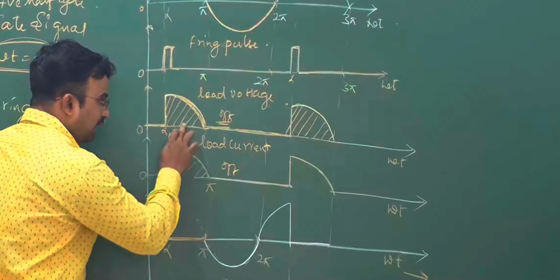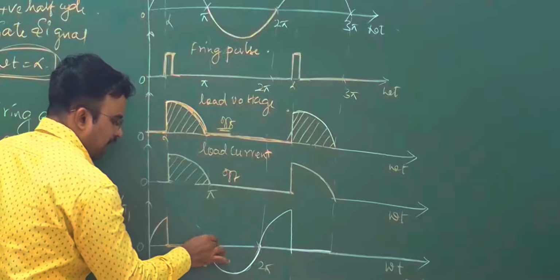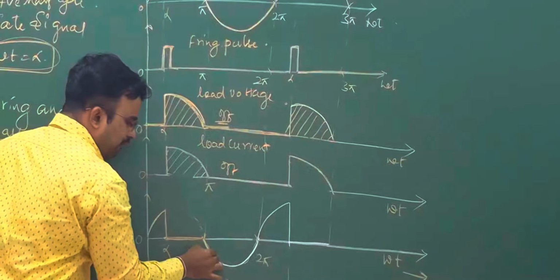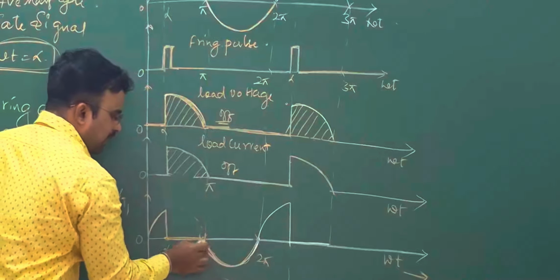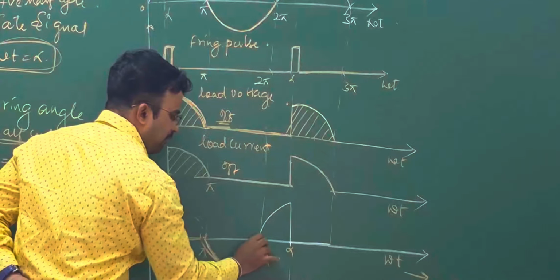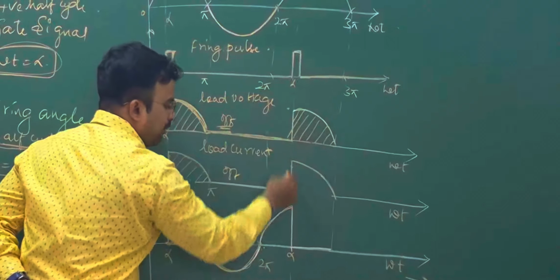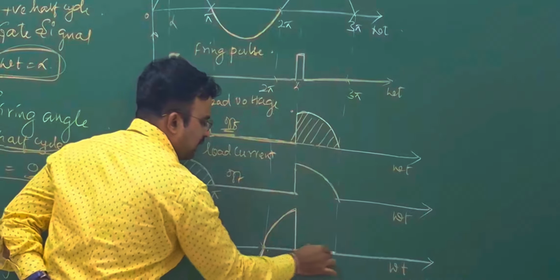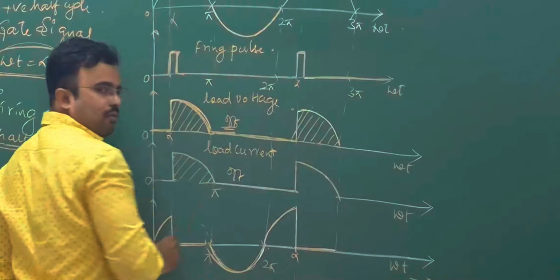This is the load voltage, this is the load current, and the voltage across the thyristor will be 0 at pi. Due to the nature of the input waveform, the device will be off, and you can observe a negative peak appearing across the thyristor, and till alpha, again from 2pi to alpha, you can observe the positive peak. Immediately at this instant, another pulse will come. At this point, the voltage across the thyristor will be 0, but the load voltage, you can observe the voltage value.